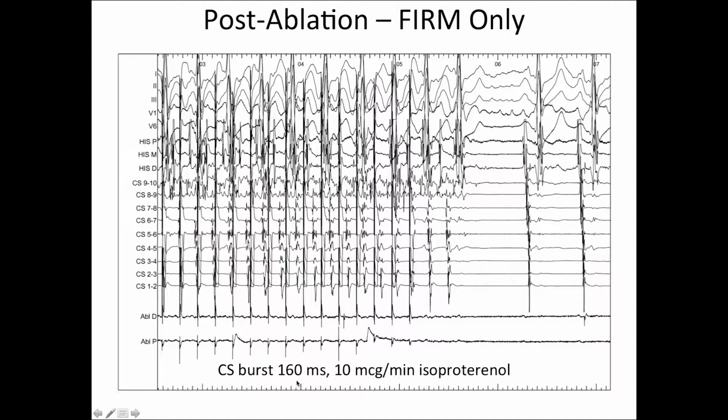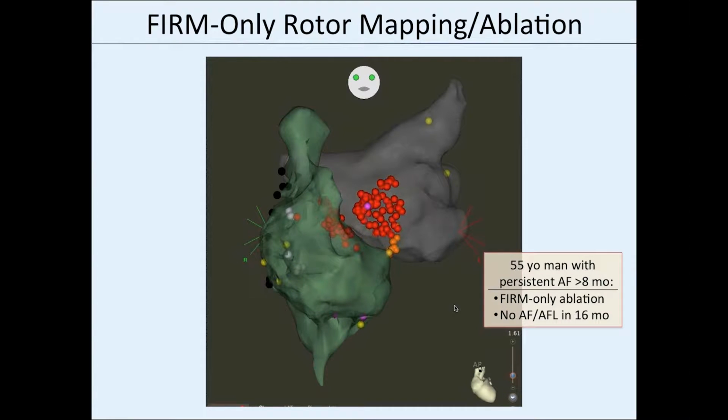This is as fast as my stimulator will go. This is now on 10 micrograms per minute of isoproterenol. You see a little bit of surface ECG noise from how jittery the patient is on this much isoproterenol, and he's in sinus tachycardia. And this is the most we could get out of him, a couple of beats, repetitive beats of atrial arrhythmia. So in this situation here, this 55-year-old man who's had persistent atrial fibrillation for 8 months or so,